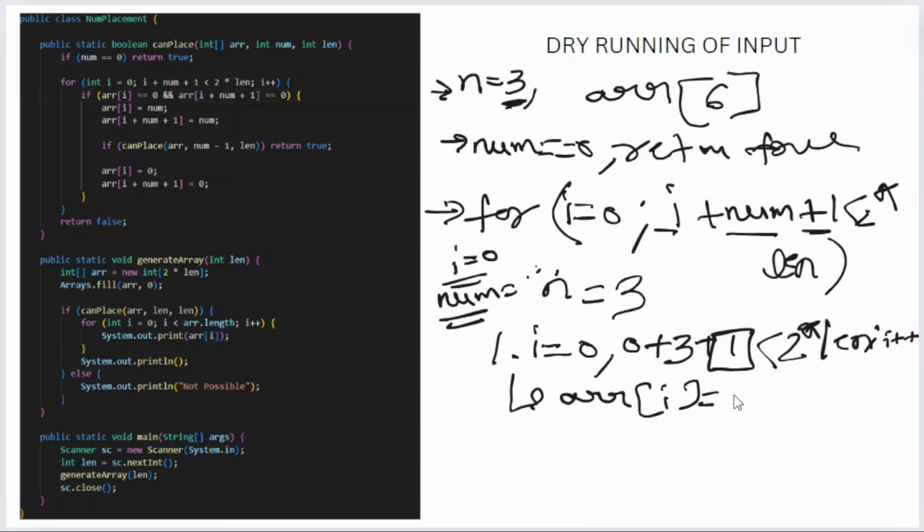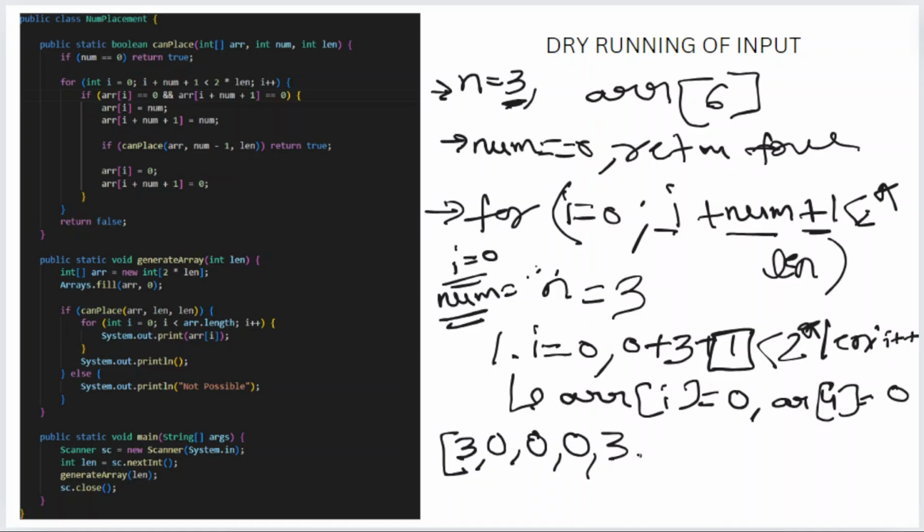empty or not. If array of I is 0 and array of 3 plus 1, that is 4, is 0, we will see that both of the elements are currently empty, then we can successfully place the first element of the array is 3, the other elements are 0, the fourth element is 3, the last element is still 0. So this is the thing that happened in the first loop, and then at the same time we'll be calling